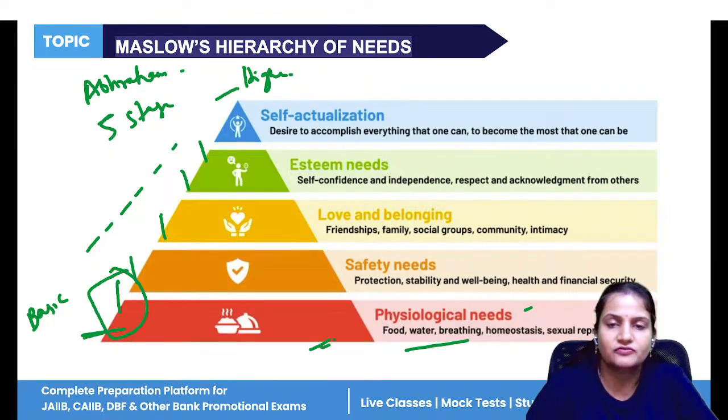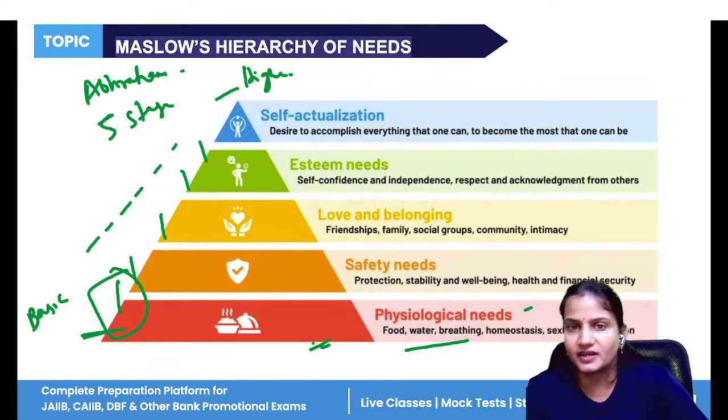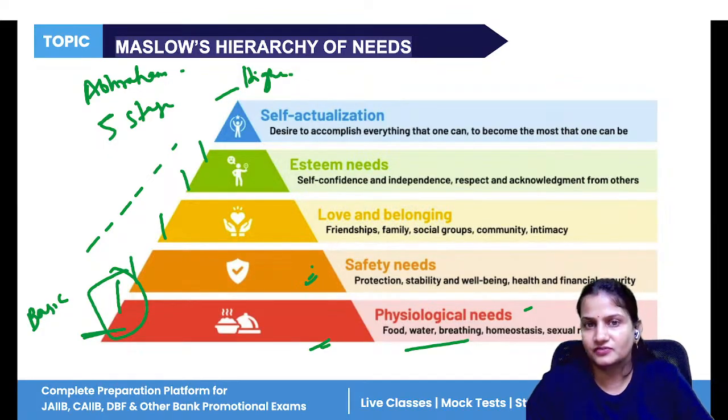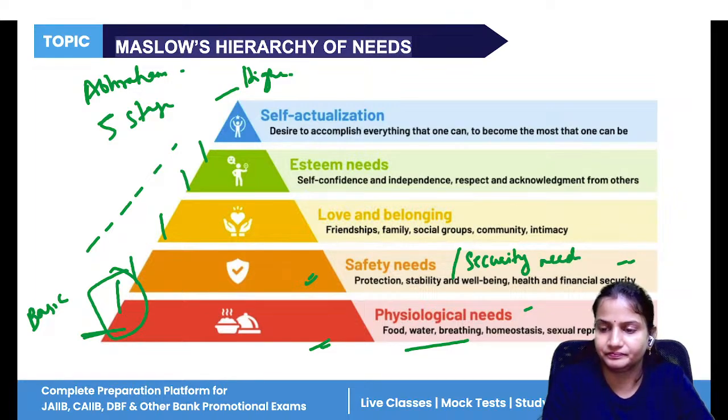Once a person has fulfilled the basic level of needs, they will move towards the second level of need. And that second level of need is what? The safety need. Now the person will say, okay, now I have food, shelter, and water also. Now I need a good job, a stable life, financial security. After fulfilling the safety, or in some places you will see the security needs also written,